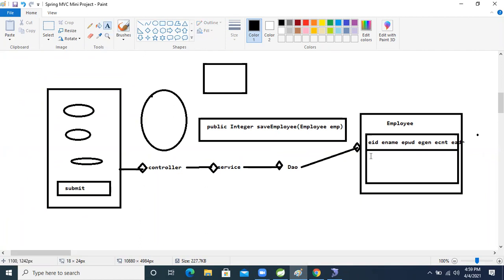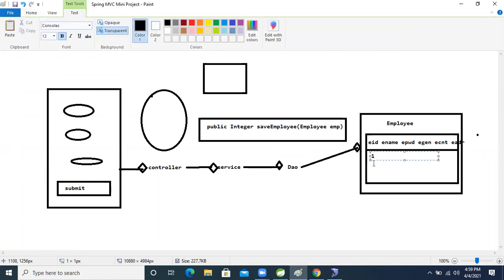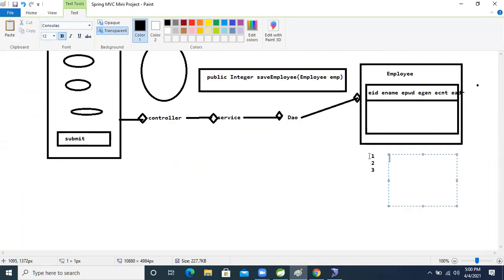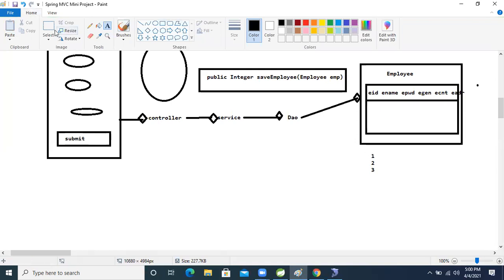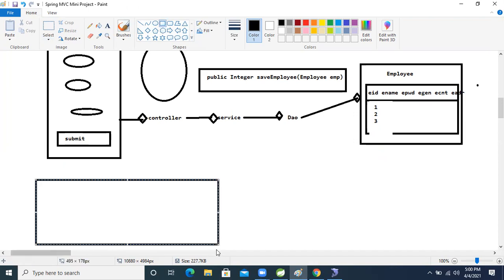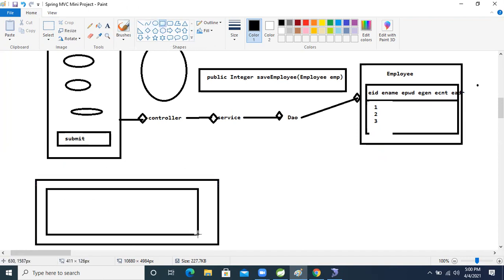Think about that, multiple IDs, multiple data, 1, 2, 3, right? Three data is there in the database, so I want to select all objects. So on the JSP page we will design the JSP page, right? Like that, the things will be there on the JSP. Like this, things will be there. We will create one table, right?